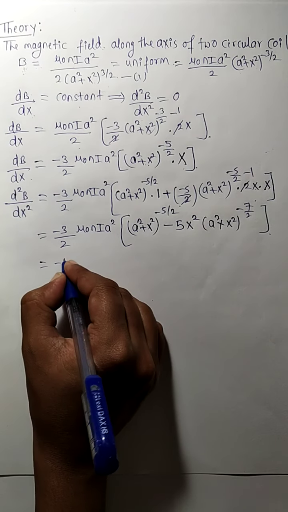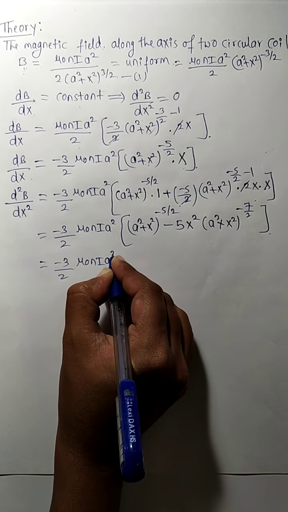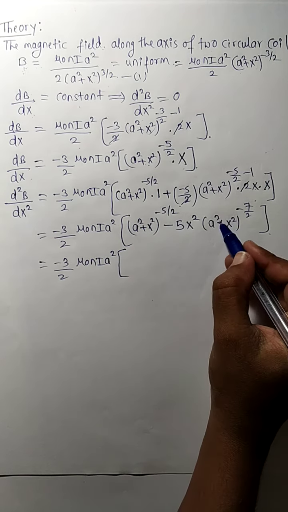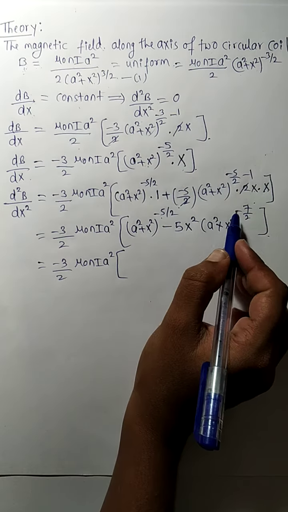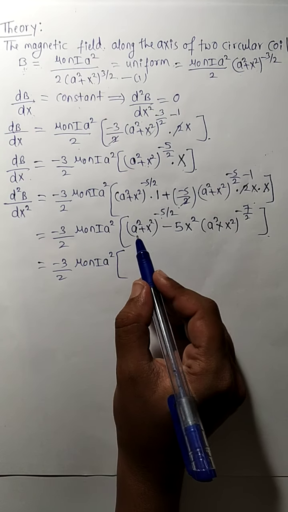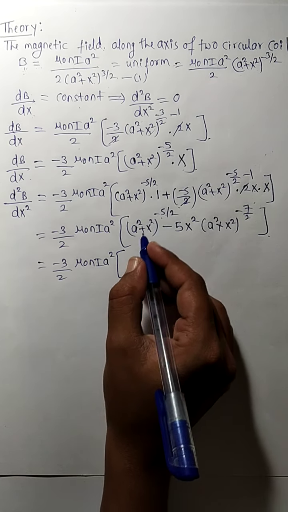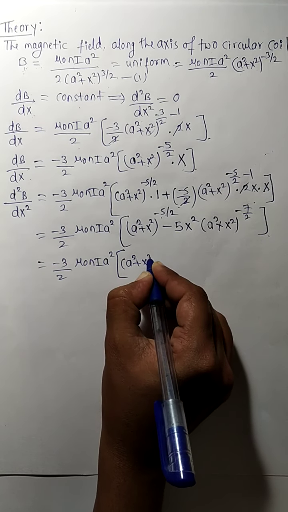Now this is equal to minus 3 by 2 mu naught n i a square. So now I will do the rearrangement. As it is minus 7 by 2, it is minus 5 by 2. So I want to take minus 7 by 2 outside. To take this, I will write this as raised to minus 5 by 2 like this, that is a square plus x square raised to